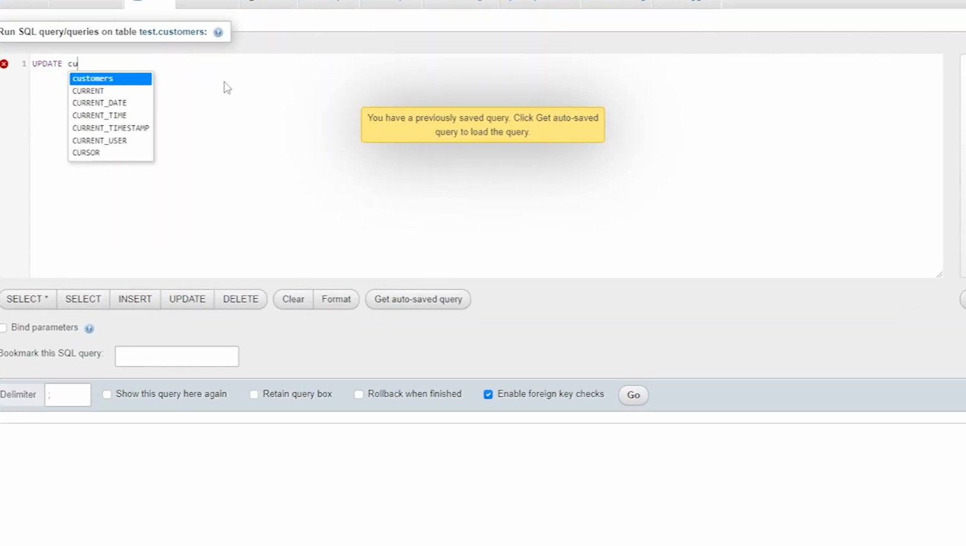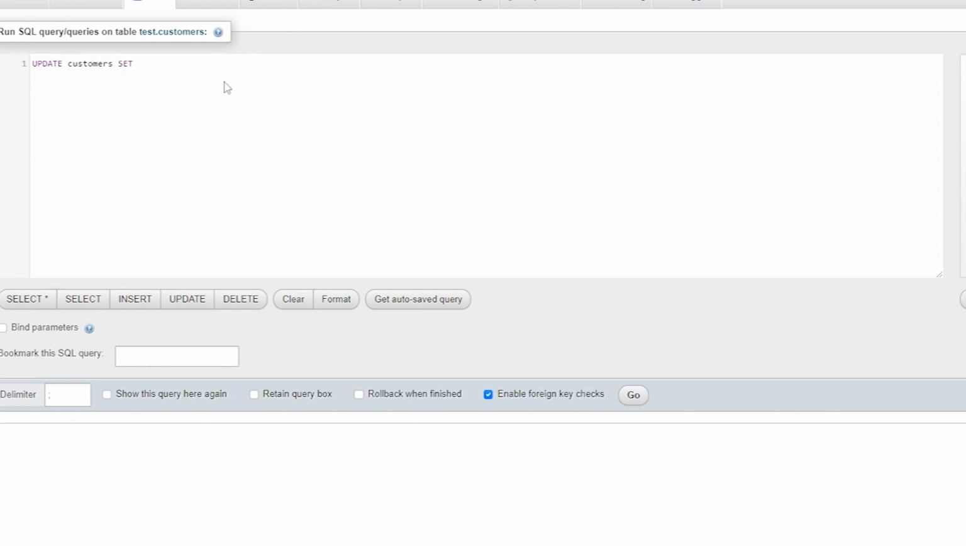So, update customers, then set age. Okay, comma, set age is 35, and the name of the customer we are again changing, equal to Rahul to Tilok. Okay, and last, no comma needed, just a where clause, and then ID is 5, because we know